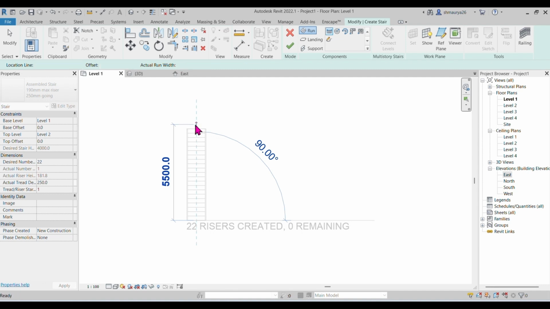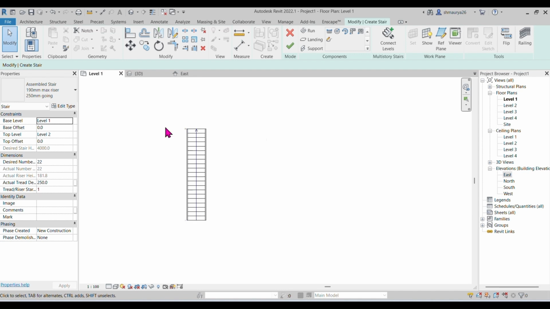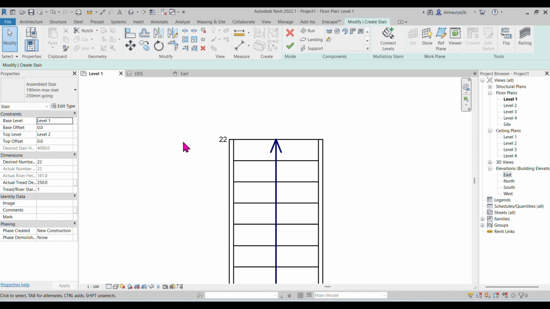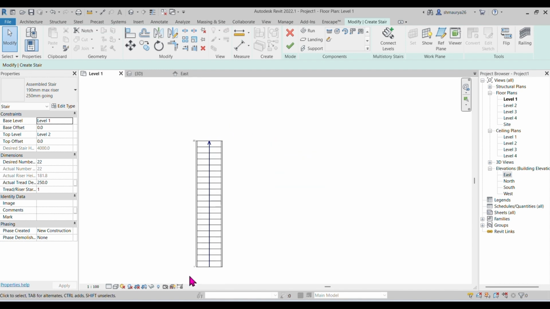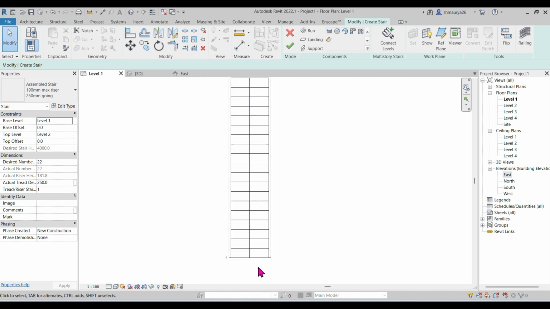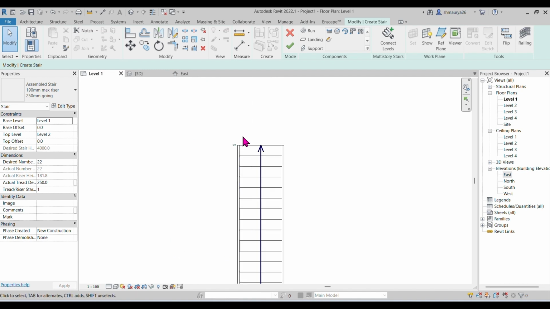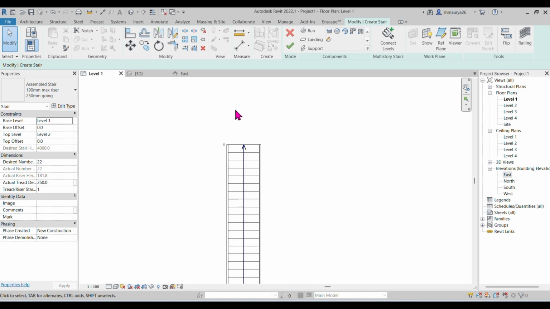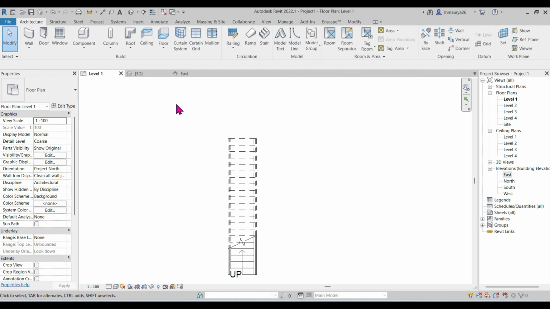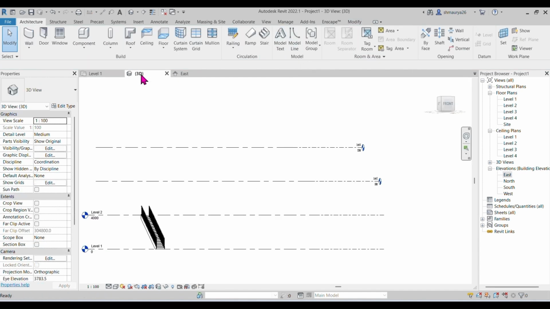If I just click here, you can see this one is our staircase, and on the top it is written as 22, and on the bottom it is written as 1. So it started from 1 and has gone till 22. So I am done with my staircase. I will click OK. If I just show you in 3D,